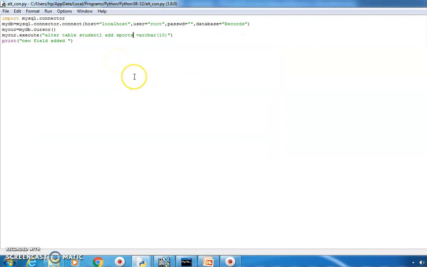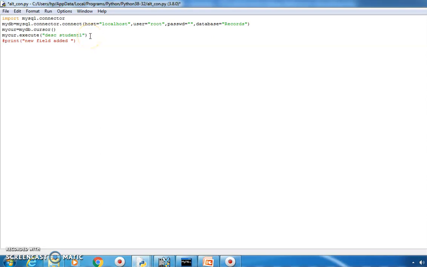Okay children, in addition I can tell you that you can use describe fields also. You can run that query also here, like DESC student 1. Let's see, because describe student 1, and student 1 is a table in the records database. Okay, now I'll make the print a comment because we have changed the query, so there is no point of using this print command. This is just a simple command.